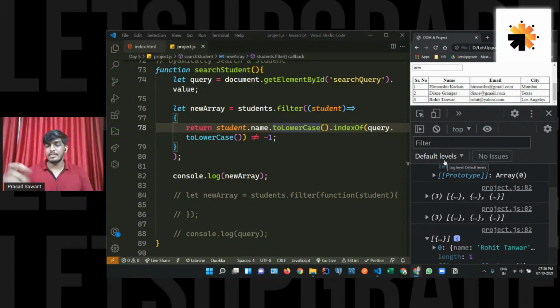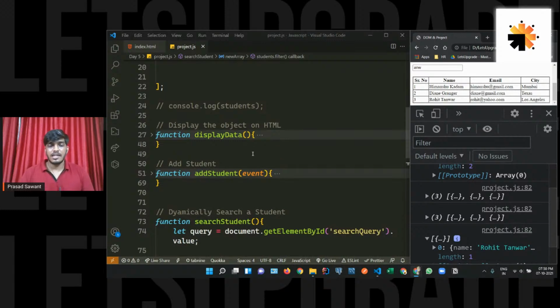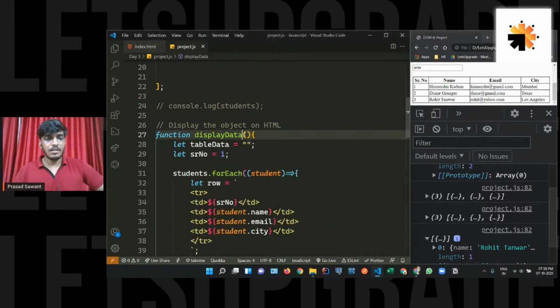Now the only thing remaining is to display it on the HTML. For that, our display data function cannot handle dynamic data. So what do we do now? We learned that if we want to pass something into our function, we can do it using a parameter. So what we'll do here is very simple. We will basically pass